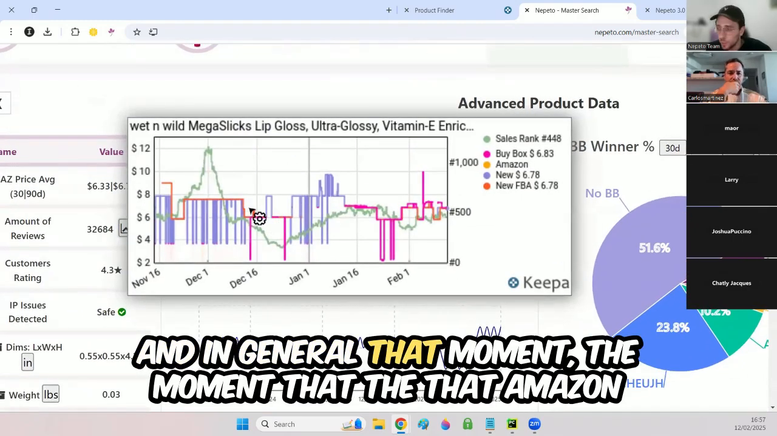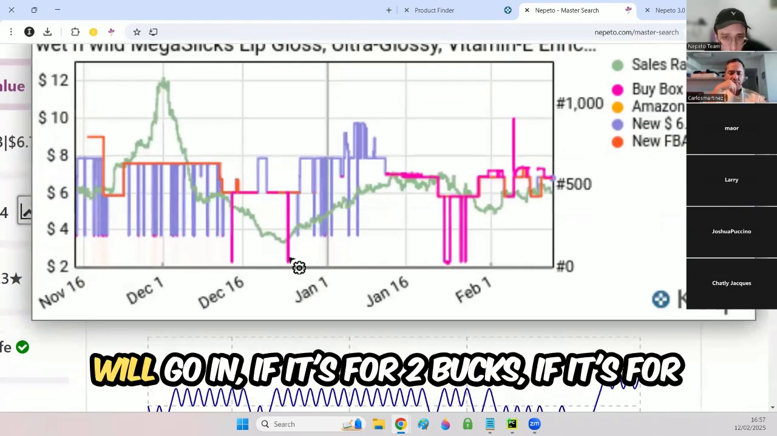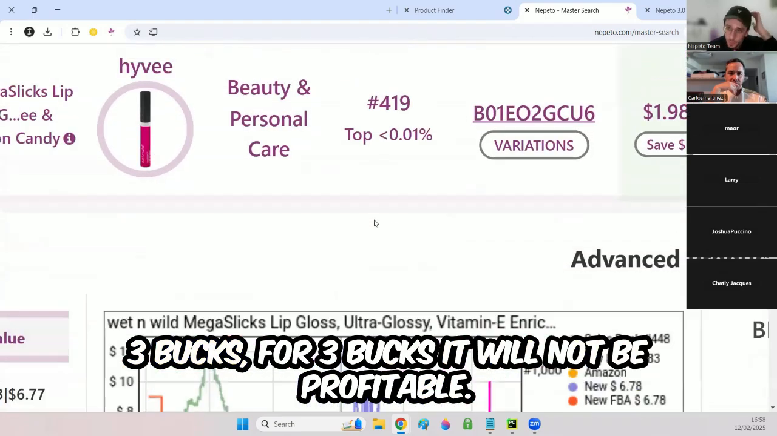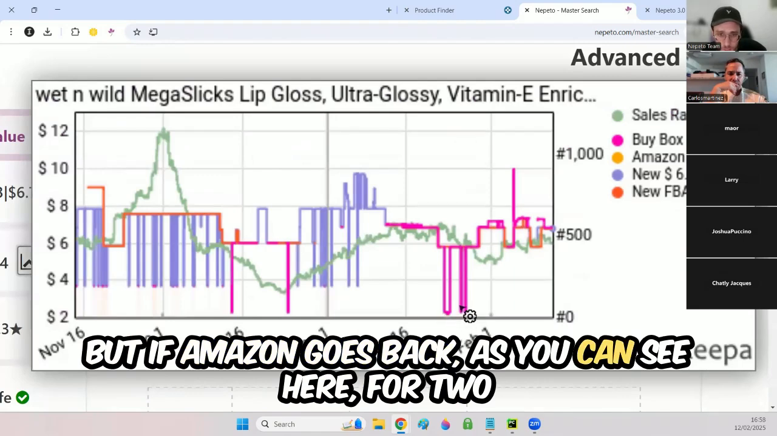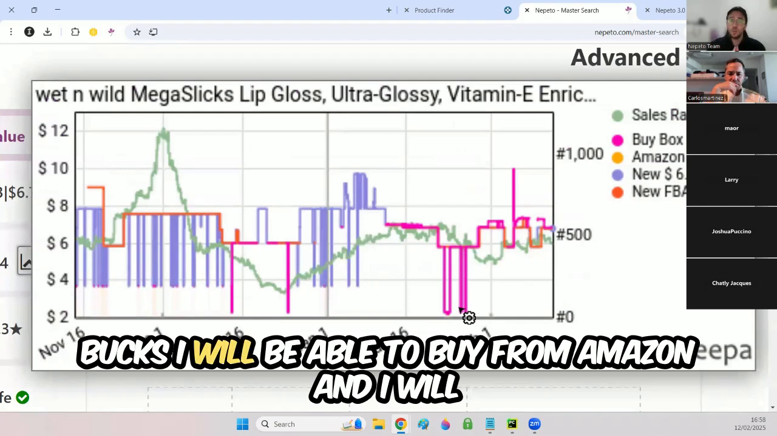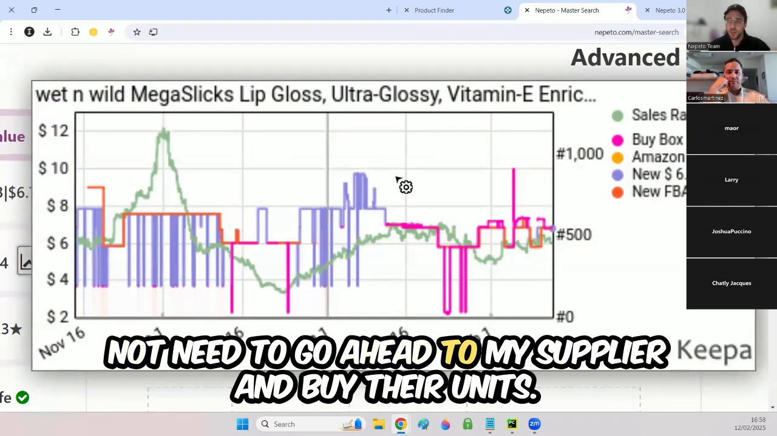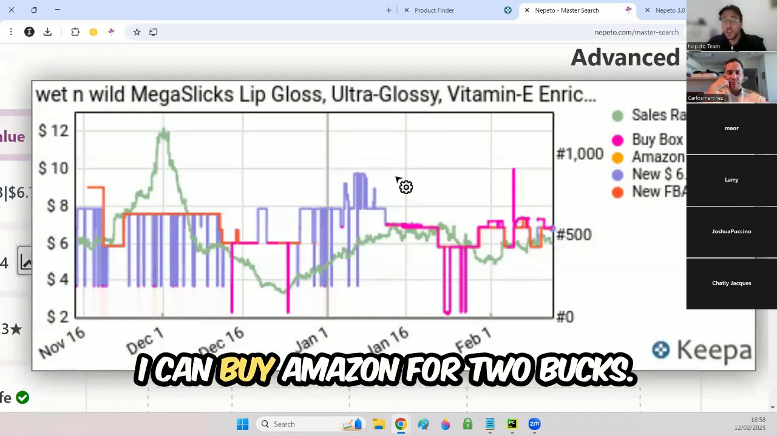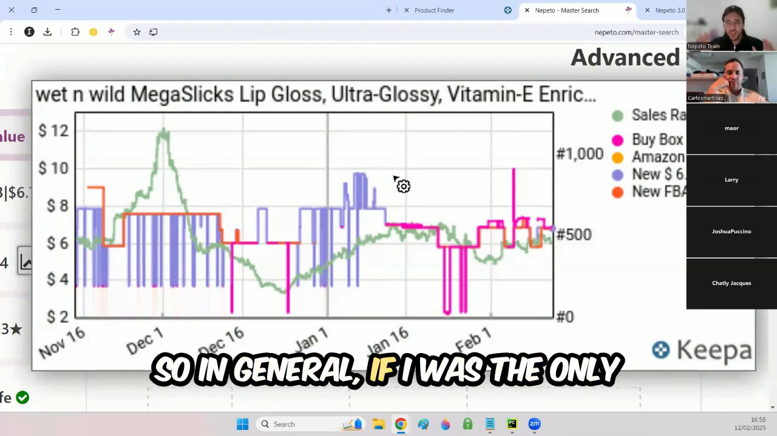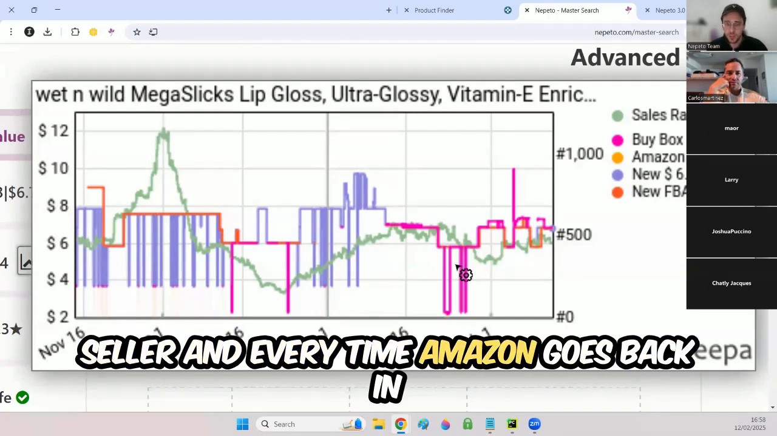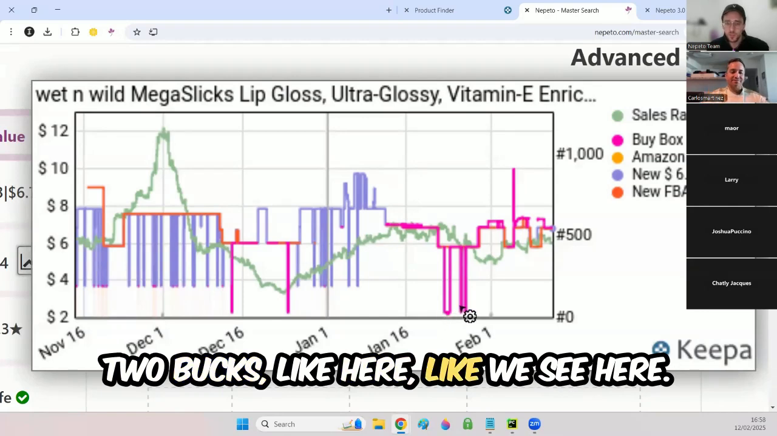And in general, the moment that Amazon will go in, if it's for $2, if it's for $3, for $3 it will not be profitable. But if Amazon goes back, as you can see here, for $2, I will be able to buy from Amazon. And I will not need to go ahead to my supplier and buy their units. I can buy from Amazon for $2 and do Amazon to Amazon flips. So in general, if I was the only seller and every time Amazon goes back in at $2 like we see here,